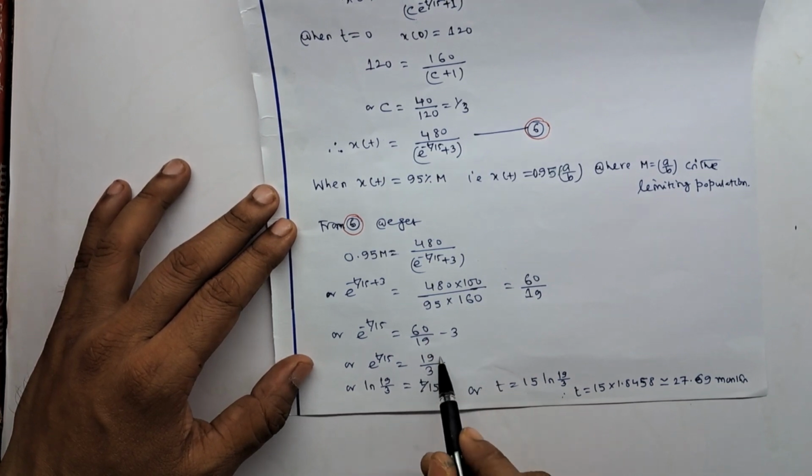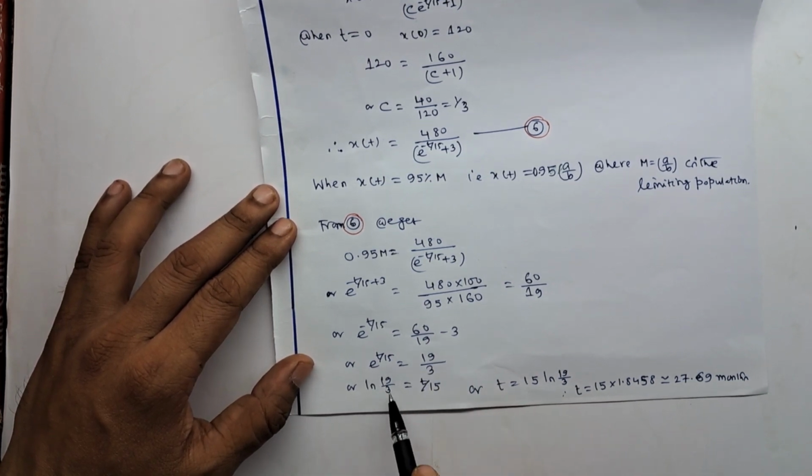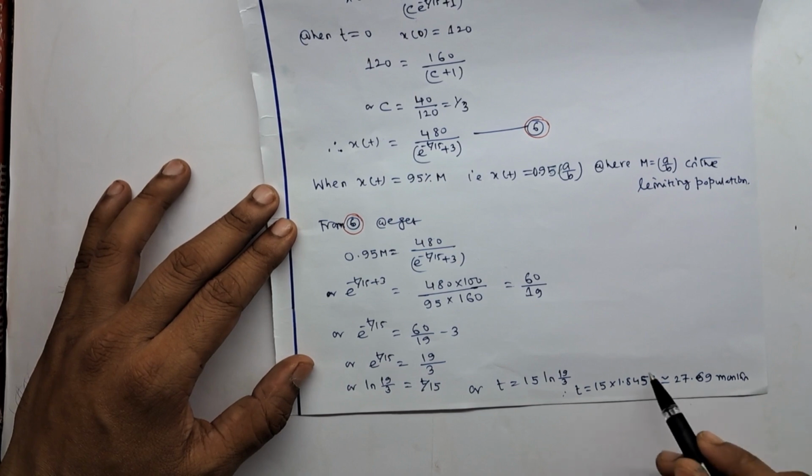After this, taking log on both sides, we get ln of 19 by 3 equals t by 15, or t equals 15 ln of 19 by 3. The value of ln of 19 by 3 is approximately 1.8458. After multiplying this by 15, we get